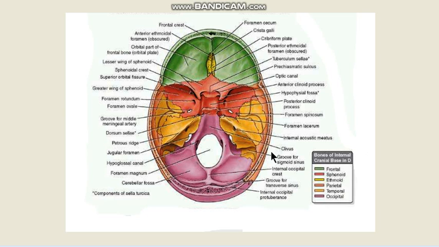If you look at the interior of the base of the skull, again you can see the temporal bones in orange. You can see the squamous part here, and you can see the wedge-shaped petrous parts of the temporal bone here.